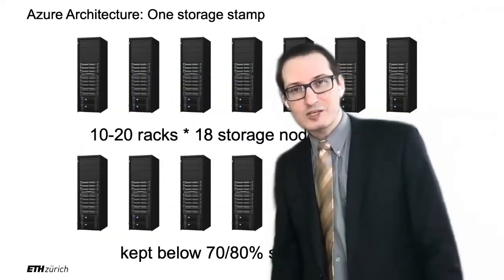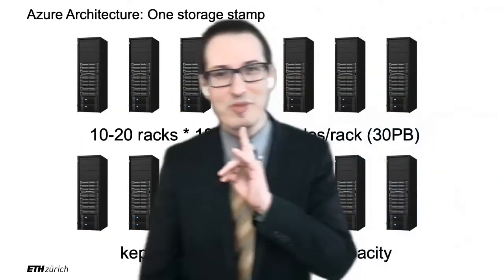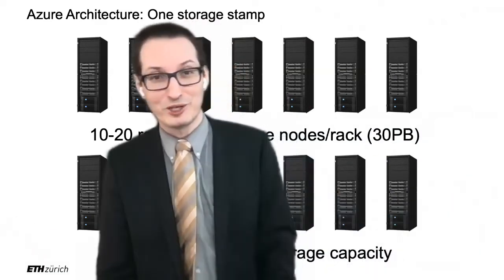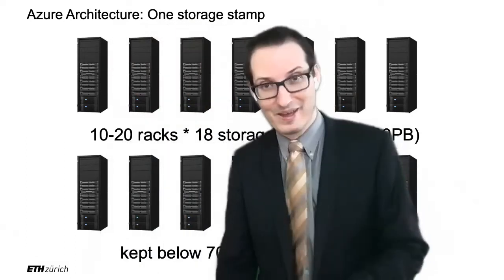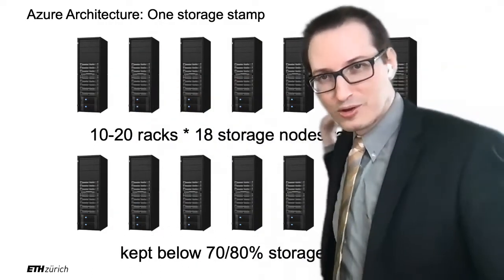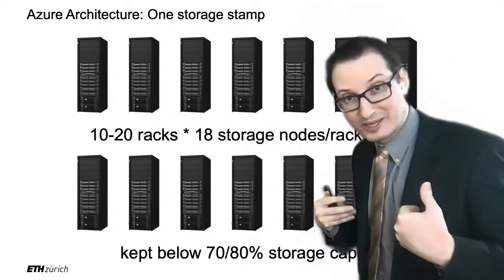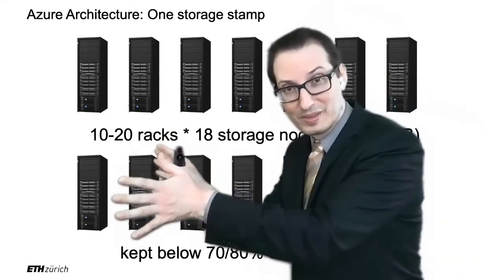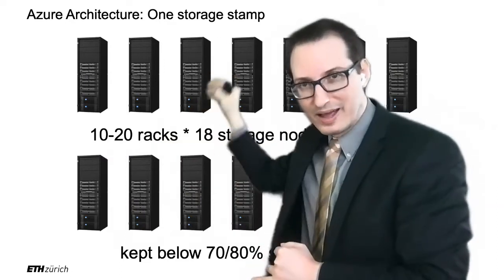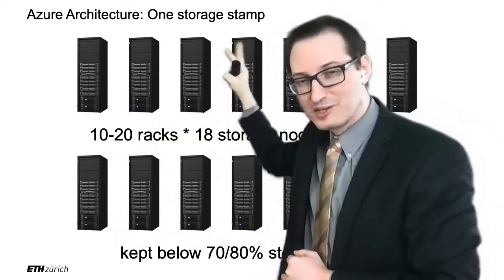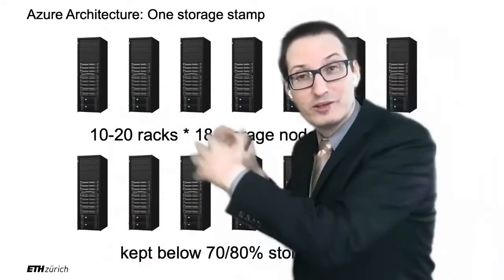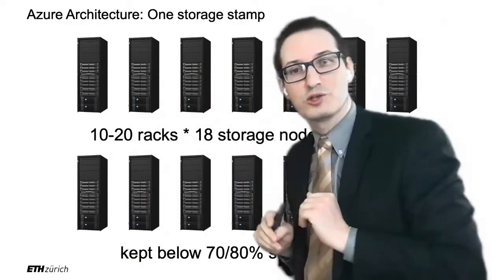All right. So the way it works in Azure, so here, that's something they tell us. In S3, they won't tell you. I have absolutely no idea how it's implemented. They don't tell much about it. But the good thing is that Azure tells us. So in Azure, it might be the same in S3, I don't know, but in Azure, they have these racks with the towers of computers that I told you about last week. They typically have between 10 and 20 of them, right, 10 or 20 racks. And each rack has 18 levels there, 18 computers and hard drives and so on attached to them, right? So they have this huge part of the data center. It's probably an entire room in a data center. They call it a storage stamp.